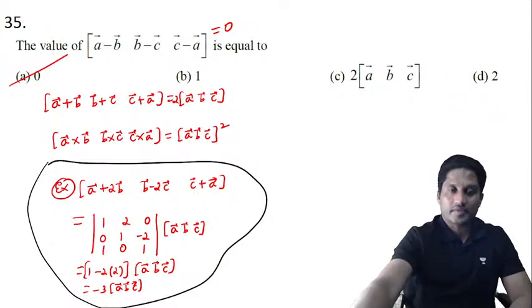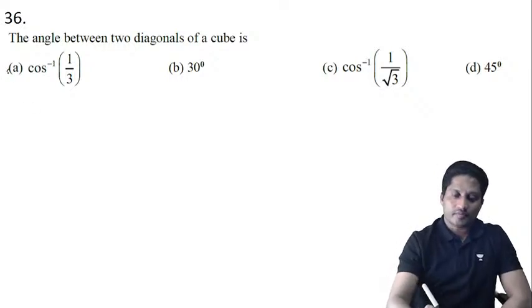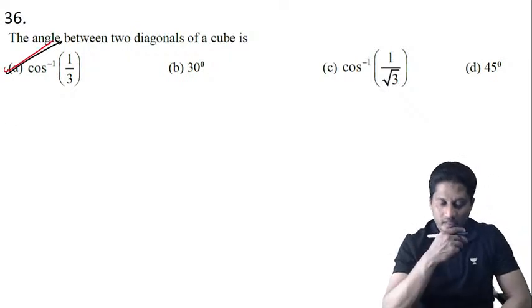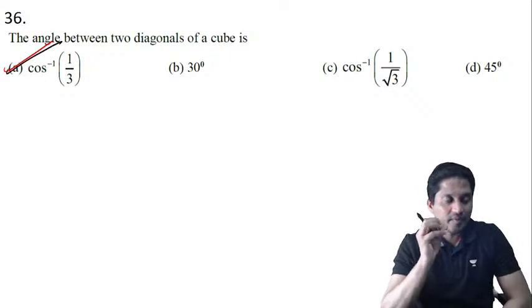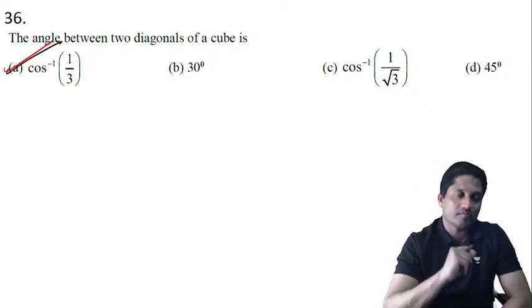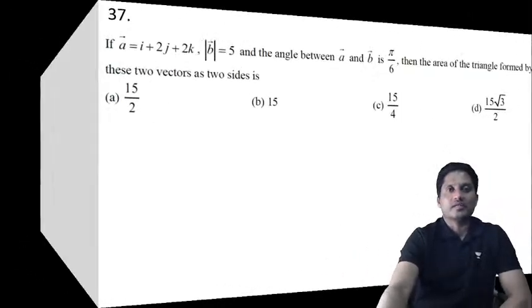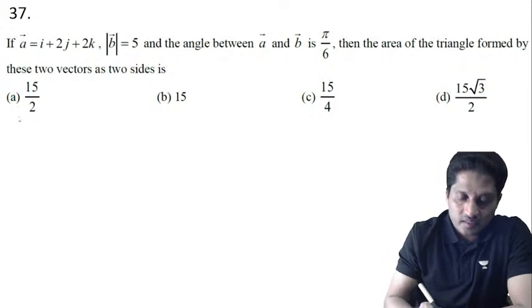Alright, let's move to the next question. Angle between any two diagonals of a cube is cos inverse of 1 by 3. It's a standard result which was asked in the 2014 paper. Angle between any two diagonals of a cube is cos inverse of 1 by 3. Let's move to the next question. Question number 37. If A, B, C are 3 vectors,